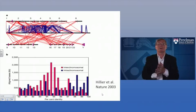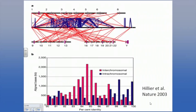So this is a figure from the finished sequence of chromosome 7 that came out in 2003, highlighting the segmental duplication content. Chromosome 7 is shown in the center of the top of the figure, from the P arm on the left to the Q arm on the right, and the regions that are duplicated are shown in both the blue and in the red line segments. The blue segments connect segmental duplications that are present within chromosome 7. So wherever you see a blue segment poking up, it connects a segmental duplication within chromosome 7 that's present in